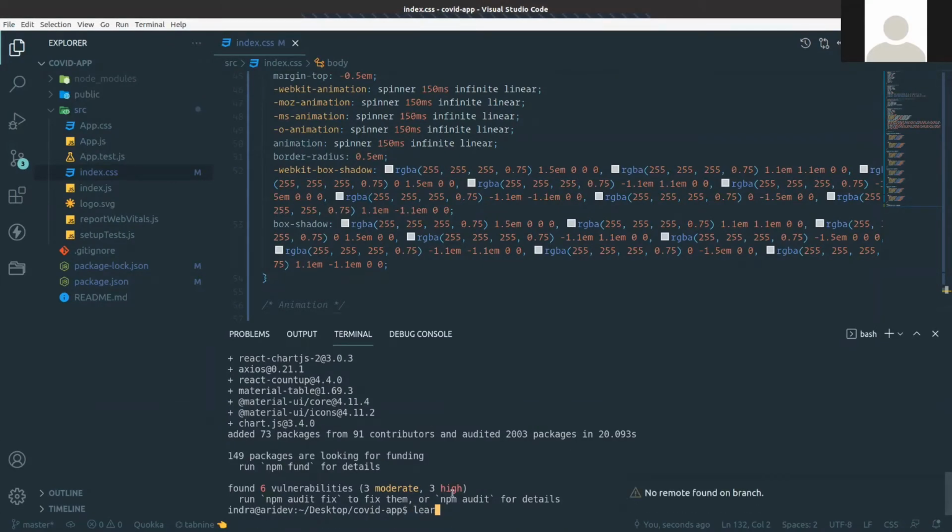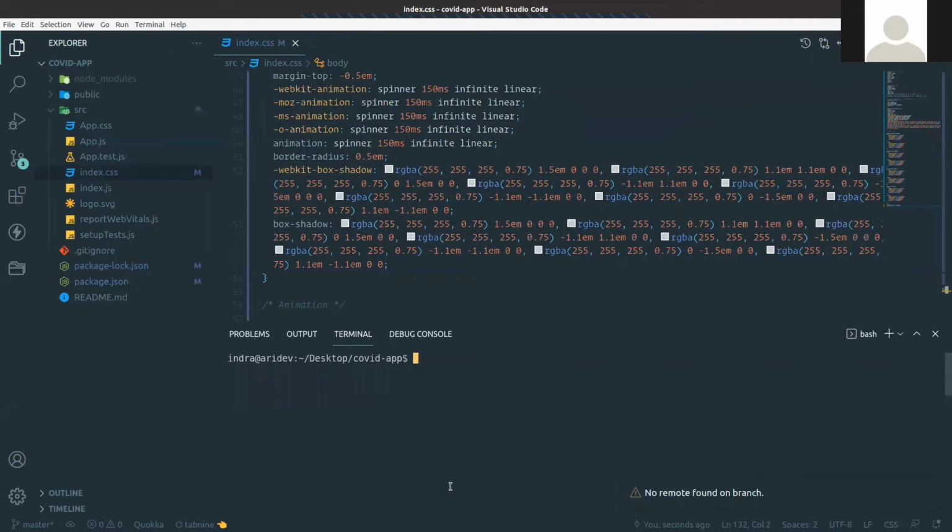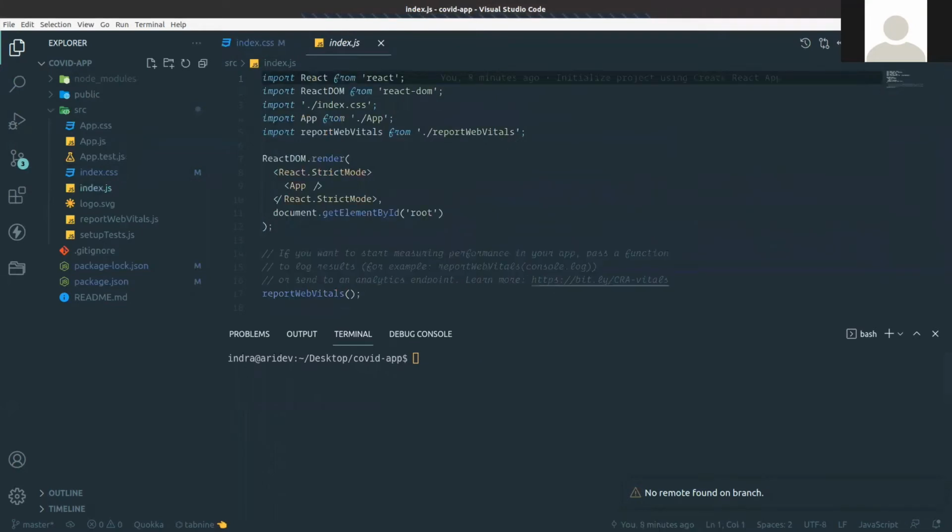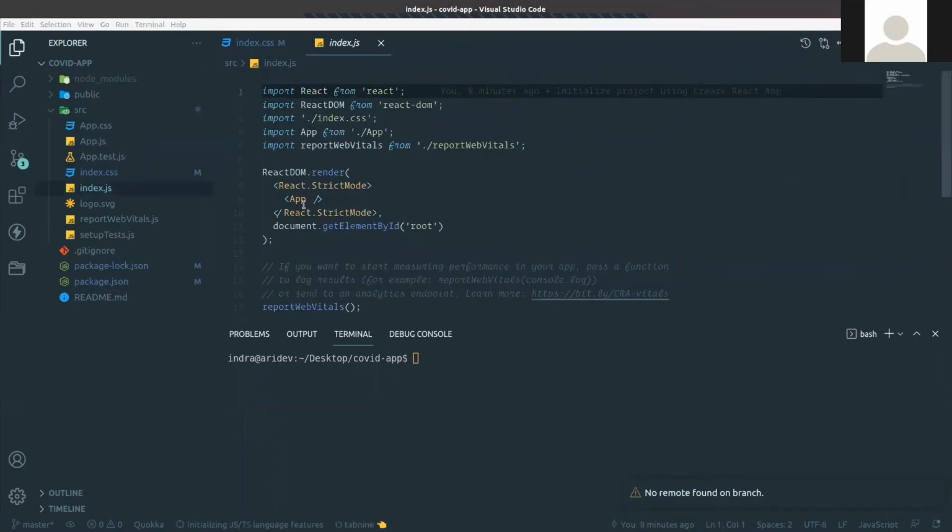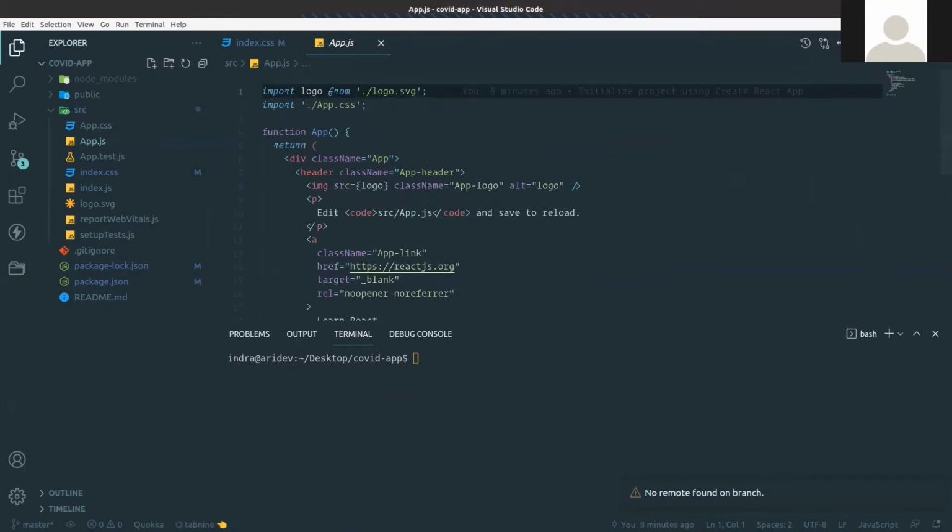Okay, so it's done. Our installation is also done. Go to index.js. Here we don't need to do anything in index.js. Go to app.js.